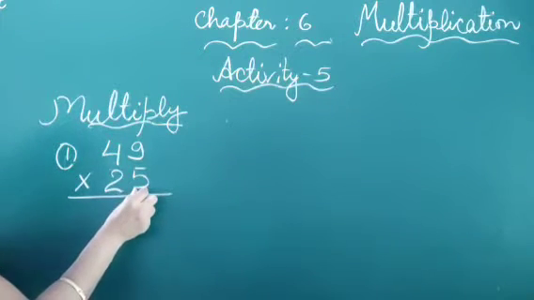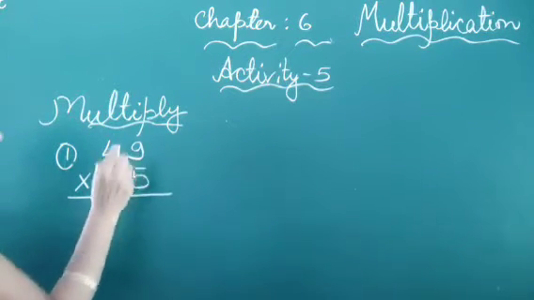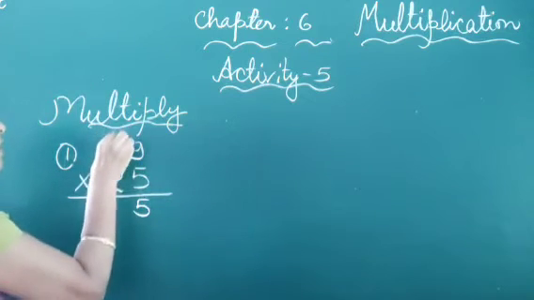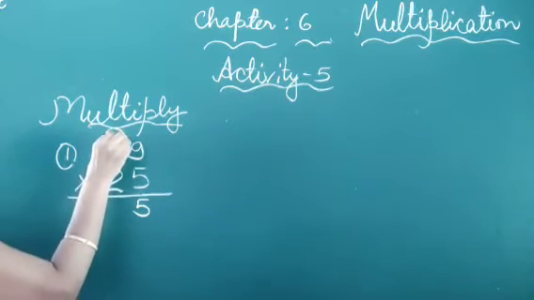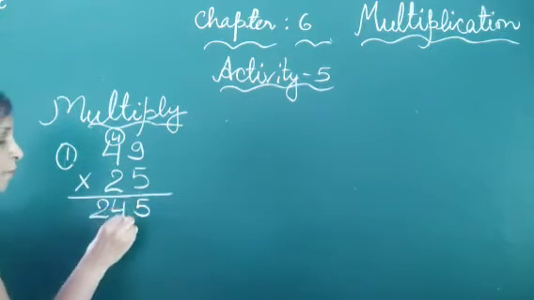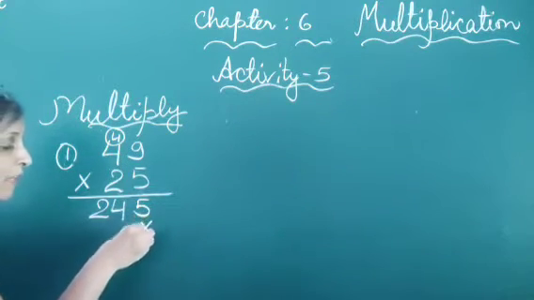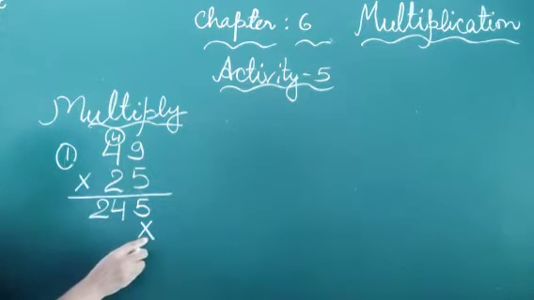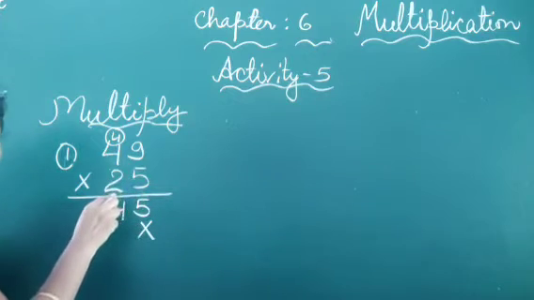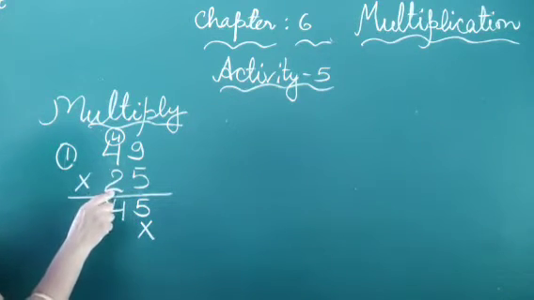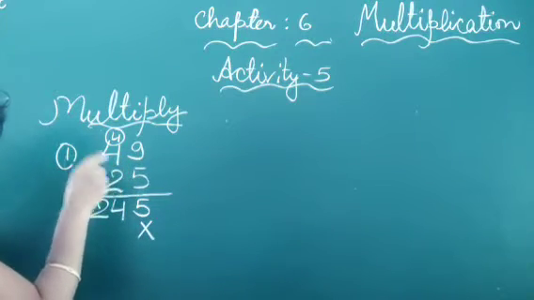We tell the table of 5, 9 times. 5 nines are 45. We put carry over here. Then 5 fours are 20 plus 4, that is 24. Then put 1 cross here. Instead of cross we write 0 also. Then we start the second digit number multiply by this number.